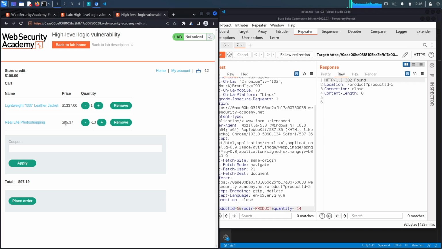And here we go. Now, because I added negative 14 and I already had an item in the cart that was there, it's negative 13, which means it's negative 13 times 95.37. And that gets reduced from the price of the cart, which is 1,337. And so we end up with a total of 97.19, which we can afford because it's less than the store